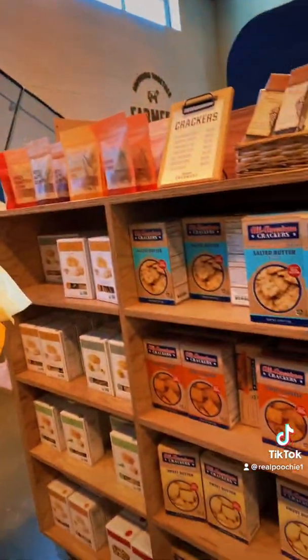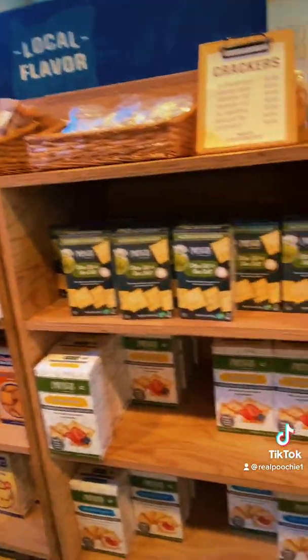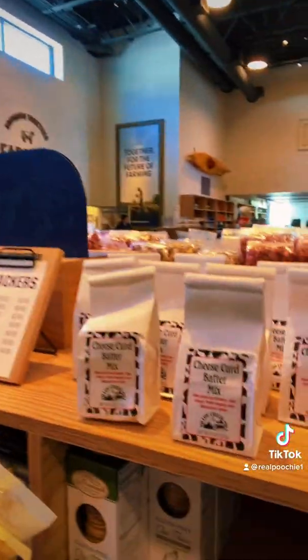Of course, at the cheese factory, they sell a lot of crackers because, you know, cheese and crackers, they're smart. Also, cheese curd batter mix. If you come to Tillamook and you are flying home as we are, you cannot take cheese curds on the plane, but you can take the cheese curd batter mix, I assume, and make cheese curds. Now, since they're famous, you have, for those who shred,